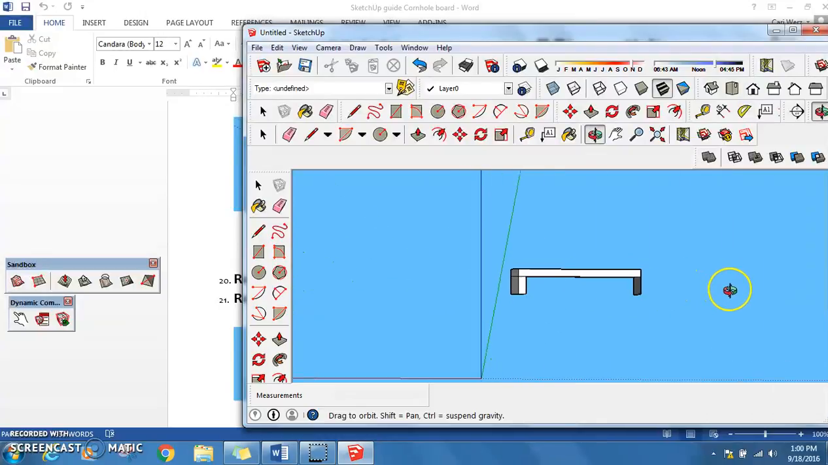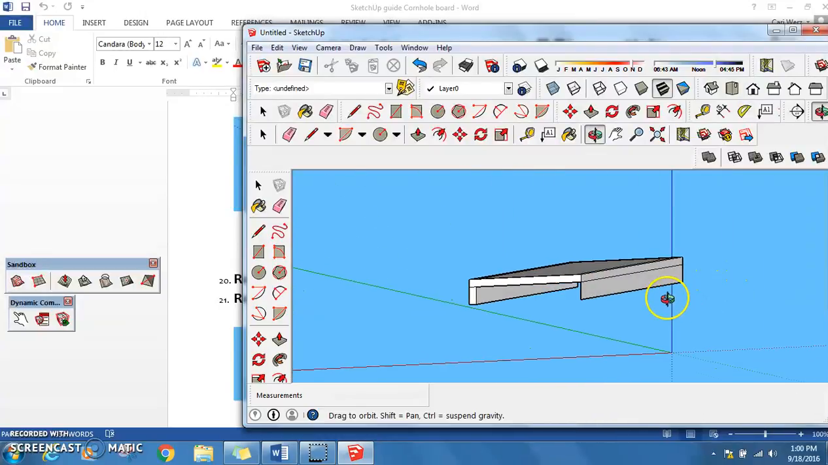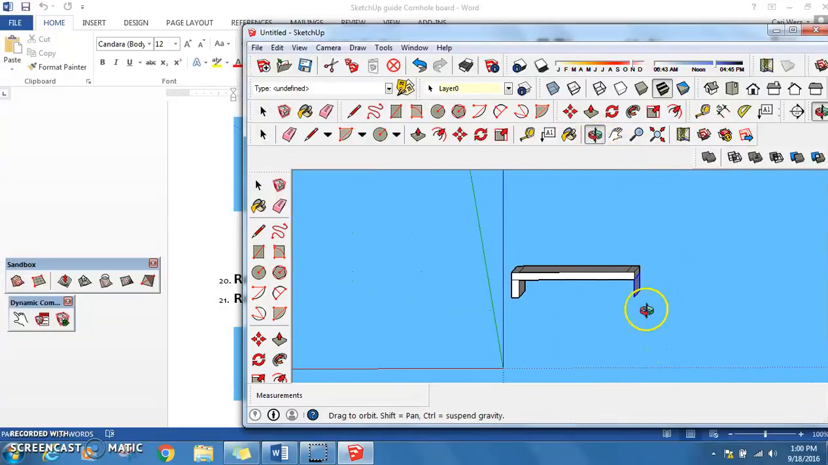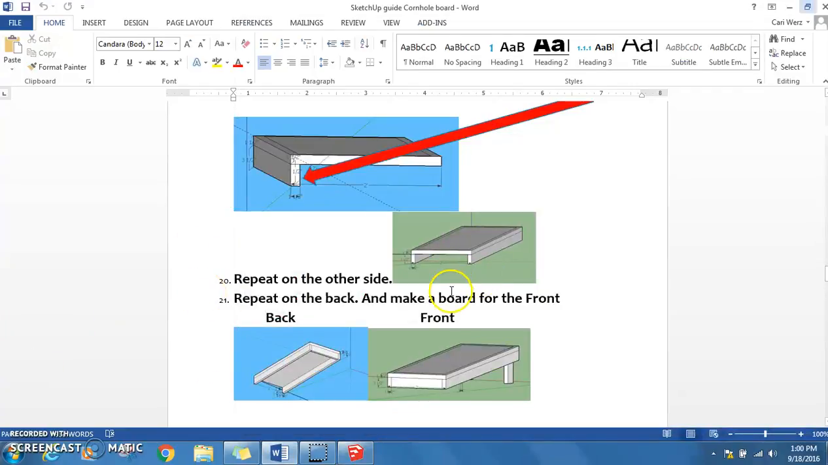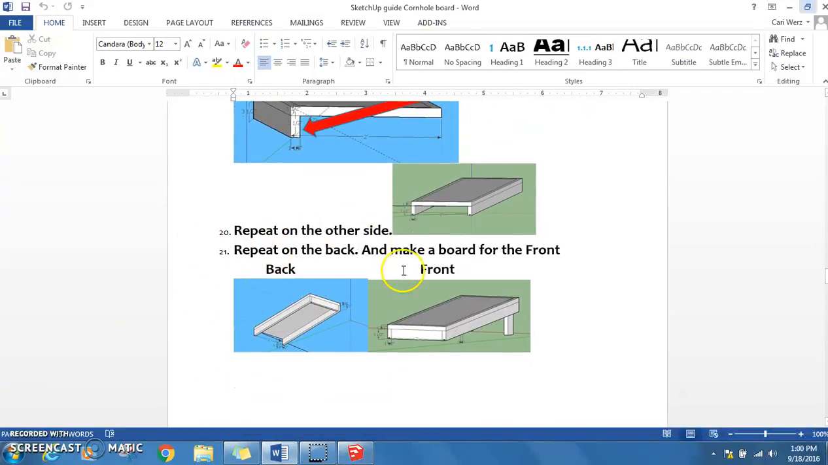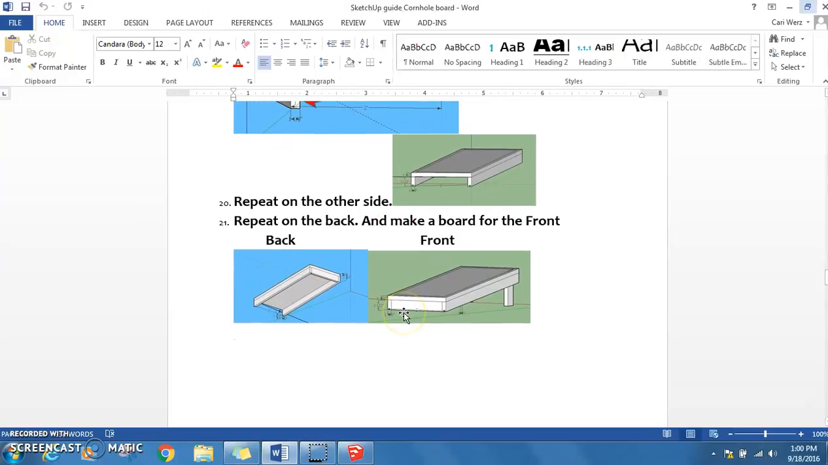If you orbit around, you can see that one is flat and one is 3D. I want to use the arrow tool to select that rectangle and then orbit so I can see what I'm doing. Push-pull it to the left so it's underneath the cornhole board. Let go of the click button and press 1.5 inches, enter, and now they're exactly the same. Next, we're going to repeat the same thing for the back. So the back one is going to be a lot shorter, but it's still 1